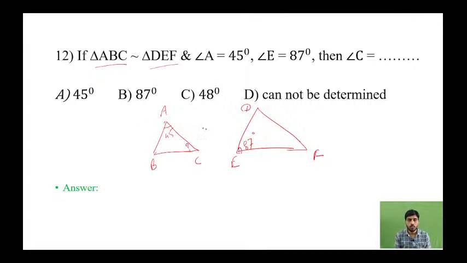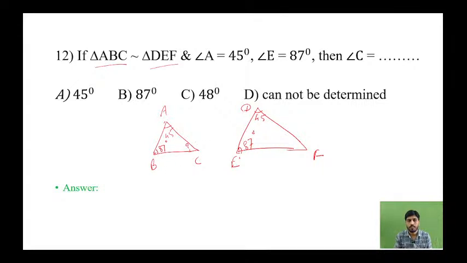Again, as both triangles are similar, there will be a one-to-one correspondence. So angle E will be congruent to angle B and angle A will be congruent to angle D. So obviously this angle B is going to be 87 degree. So we will simply subtract the addition of these two angles from 180, so that we will get